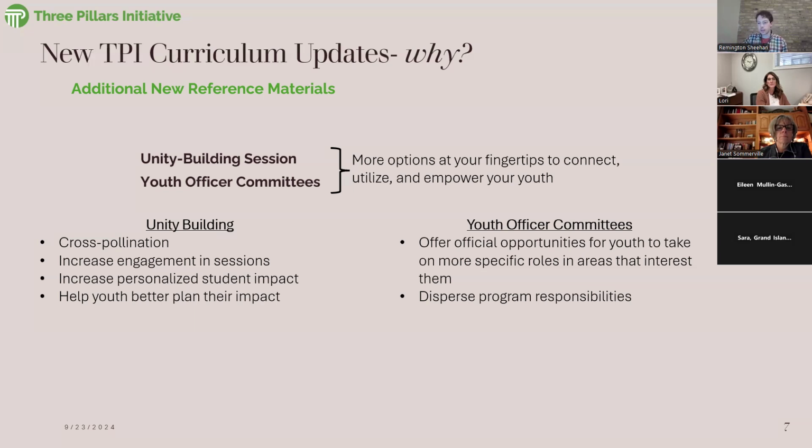And we didn't include this in the curriculum to make it so that you have to do this. It's more to bring those ideas to the front of your minds and think, how can we increase this cross-pollination between our cohorts? Maybe it's just having the seniors come back and challenge the students in the junior class that are moving into the senior class to raise more than them. That's a good way to create cross-pollination, some type of cross-understanding between the two cohorts.